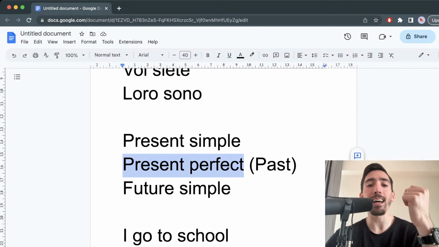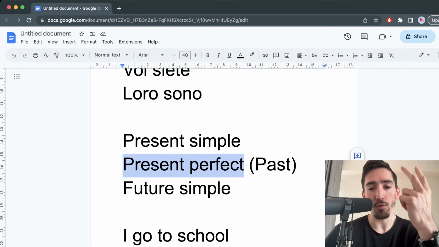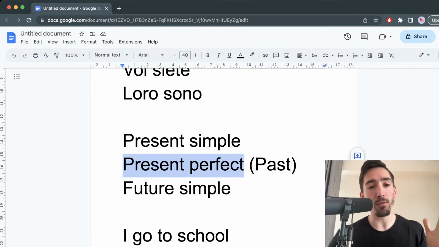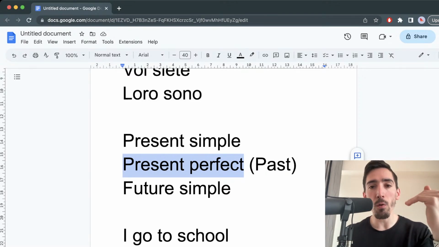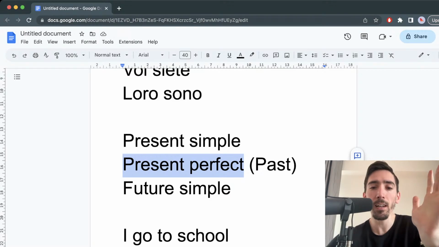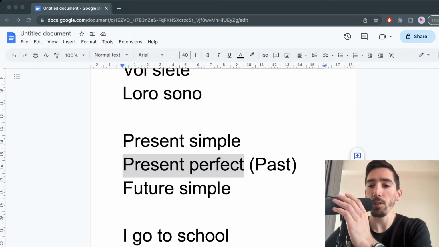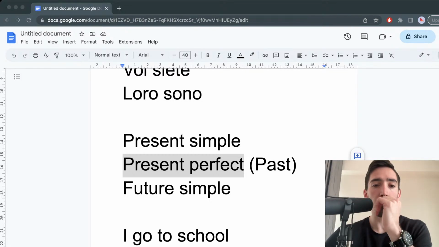So we already said we need 3 tenses to speak fluently in Italian. We absolutely need them. We need the present, we need the past, and the future. But the past comes for free if we know the present relatively well. So now we're just down to 2, present and future. Is that clear so far, or is there any question? I'm going to stop for a minute, and I'm going to wait for questions.